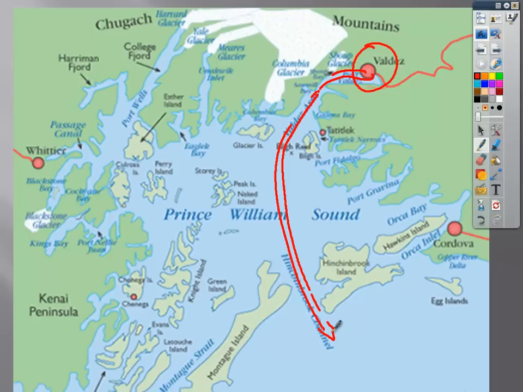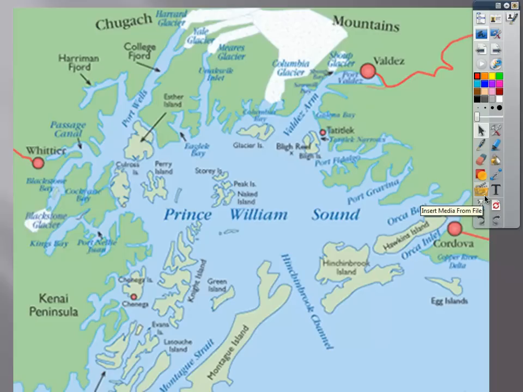This is a very dangerous place. It just so happens that Valdez is so far back that it's protected basically from the ocean. But unfortunately, that poses a big problem. That is that these giant oil tankers have to be able to navigate these very narrow locations. And what happened in 1989 was an unfortunate situation where a tanker called the Exxon Valdez, and that's where I think many of you have probably heard of this word before. It's called the Exxon Valdez. It was an oil tanker that got there right